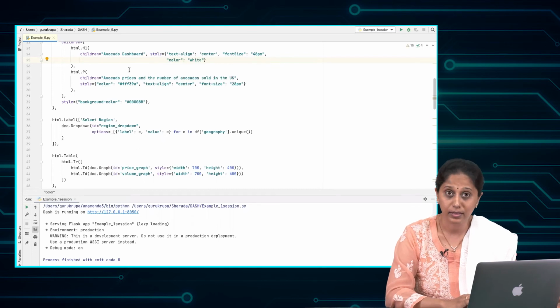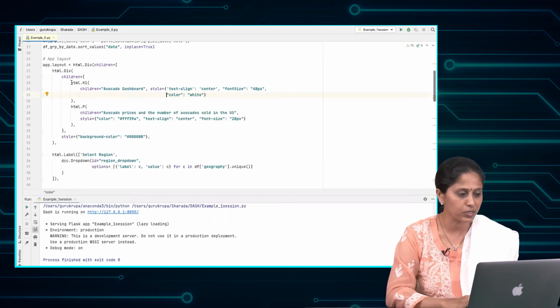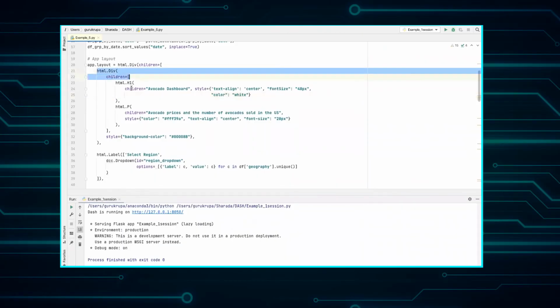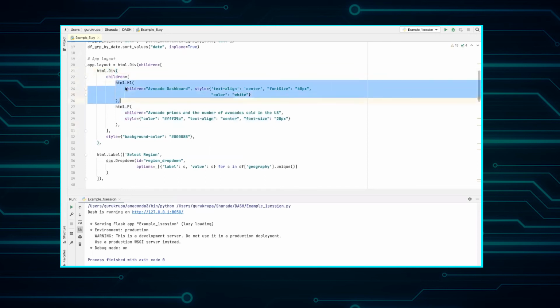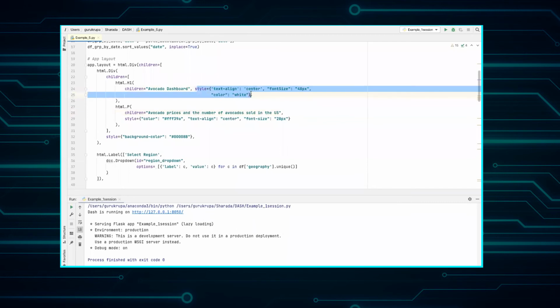Not just styling the header, let's actually bring in a little bit more details in our title. So I will add in an HTML div component which can have multiple children. First I will add my title, which is HTML h1, where I have given the name as avocado dashboard and I have styled it with my choice, and add a paragraph where I talk about what this data is about.